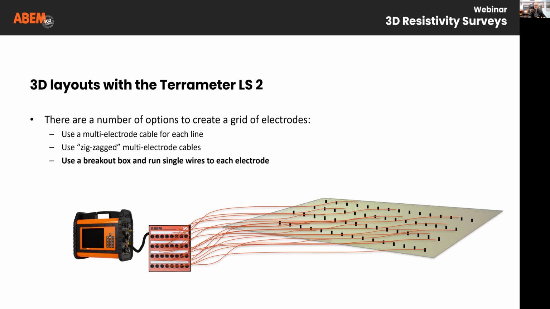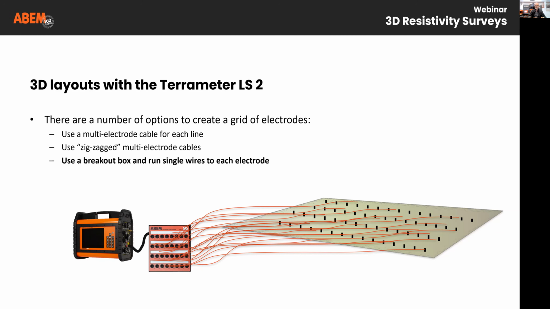Another alternative, which might be useful if you've got a very complex 3D layout, or working over maybe some unusual terrain, or if you're thinking about the flanks of a dam or something like this, where perhaps trying to weave a multi-takeout cable around might be difficult, then we can actually use what's called a breakout box. And that allows us to split the multi-pin connector that's on the end panel of the instrument into individual wires. So we just plug in at one end, clip on the other end,